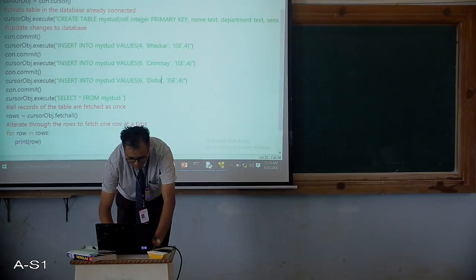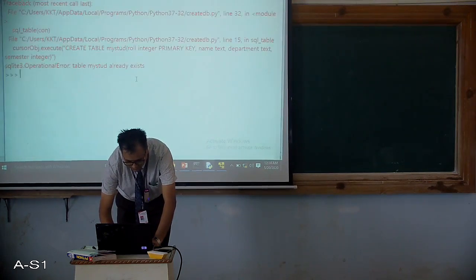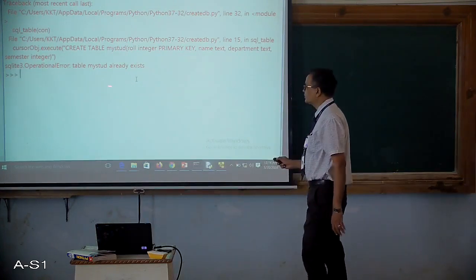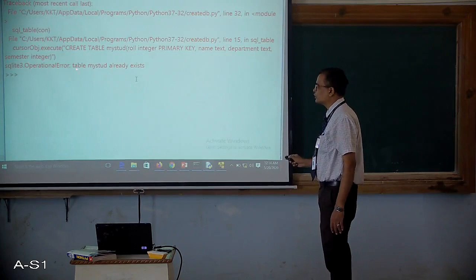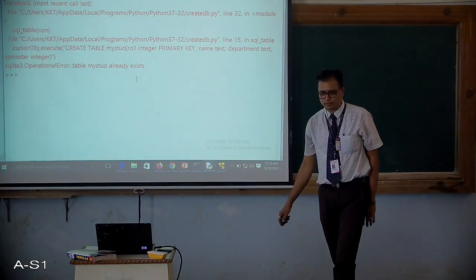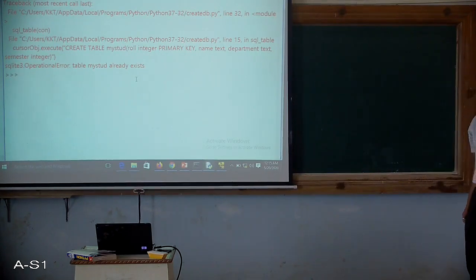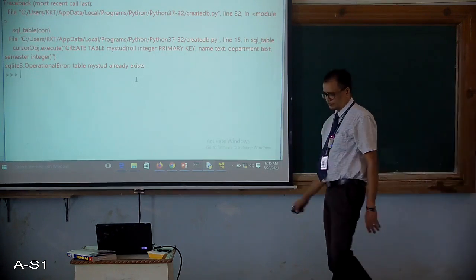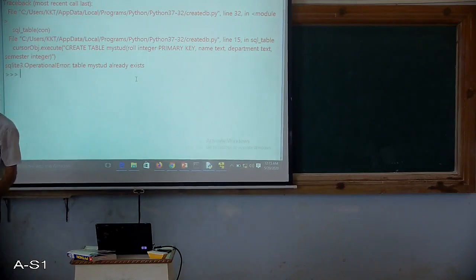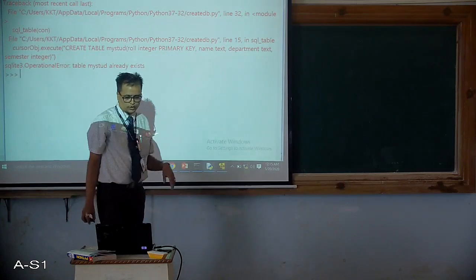So after executing this, what should happen? It should contain 6 records. But what error am I getting? Again I am getting the same good old error which I got the first time. What does it say? Table my student already exists. Why? Because when I executed just now previously, my student table has been created, isn't it? So my student table is already existing, and you are calling the create command once again. So what changes are to be done?